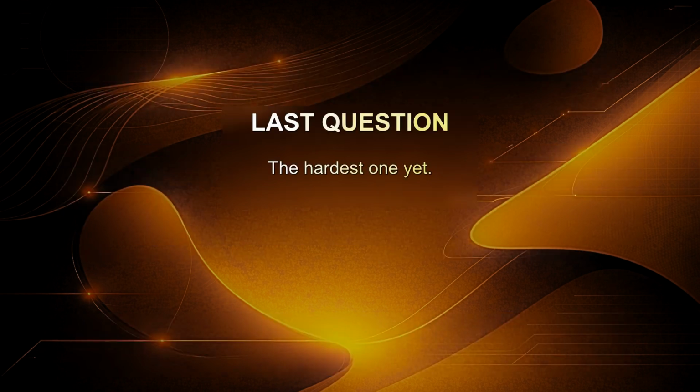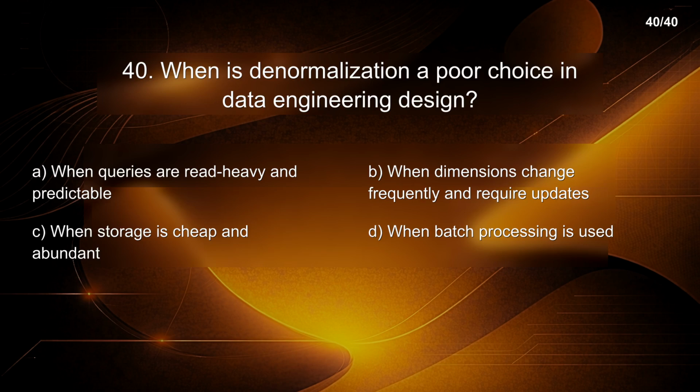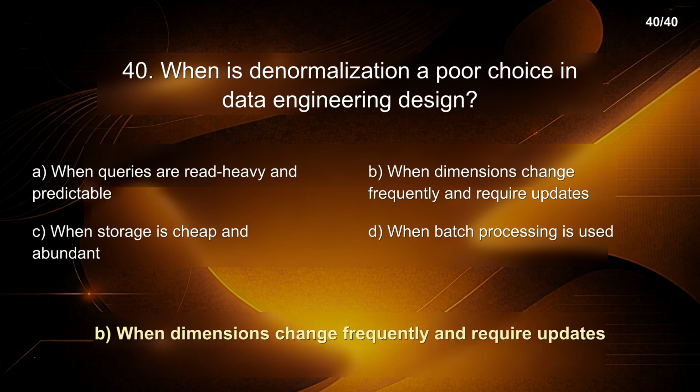Last question. The hardest one yet. 40th question. When is denormalization a poor choice in data engineering design? A. When queries are read-heavy and predictable. B. When dimensions change frequently and require updates. C. When storage is cheap and abundant. D. When batch processing is used. Correct answer is B. When dimensions change